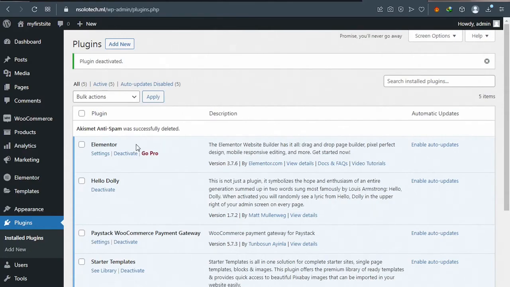Fantastic. All our plugins are activated. Now you can see on top, plugin is activated. Good. The next step we need to take is to create our pages, because for now our website is still empty. We don't have pages. So go to pages